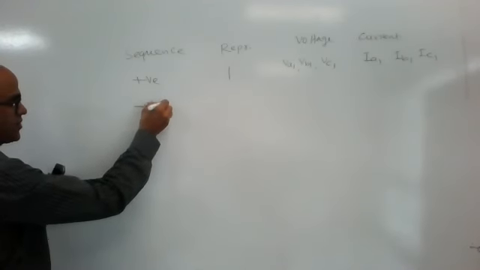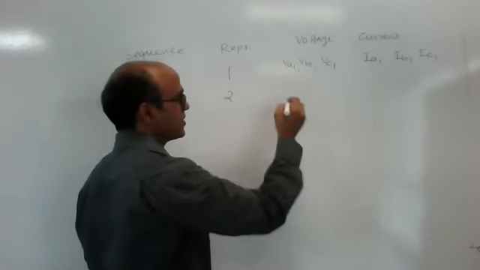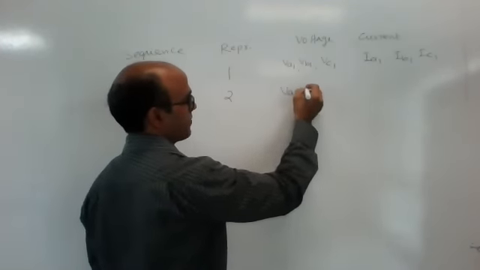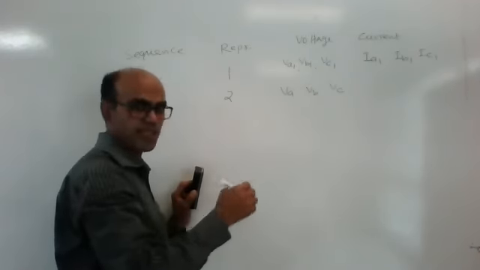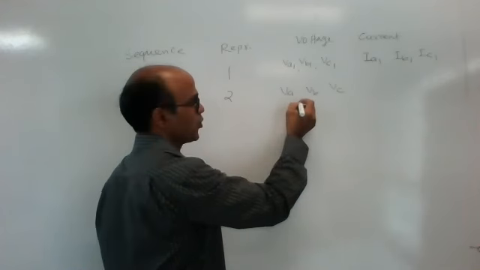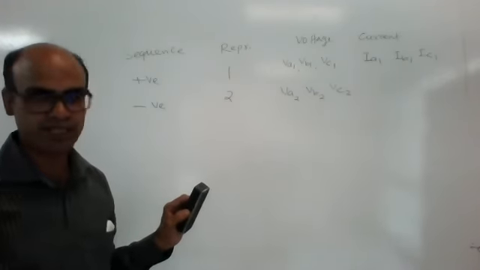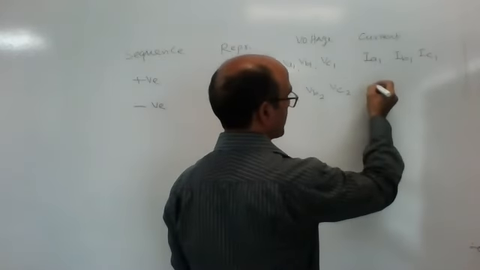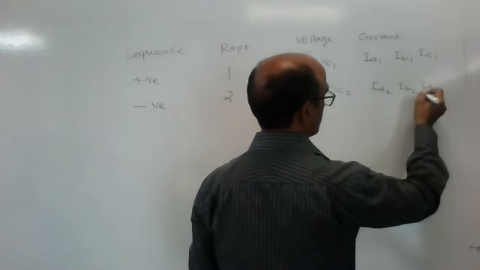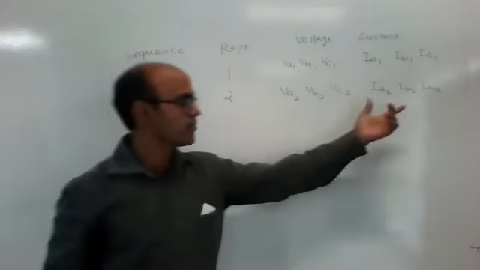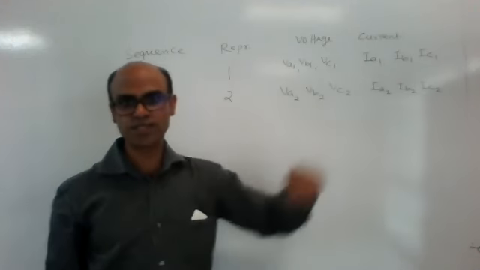If I am representing negative sequence, then it is represented by subscript 2. Here I wrote 1. So all three phases, phase A, phase B, phase C, are represented by A, B, C voltages, and I put subscript 2, that is 2 here, 2 here, 2 here. So these are negative sequence voltages. Similarly, I put here also IA2, IB2, IC2. So these are the currents of three phases, phase A, phase B, phase C. These are the negative sequence currents.